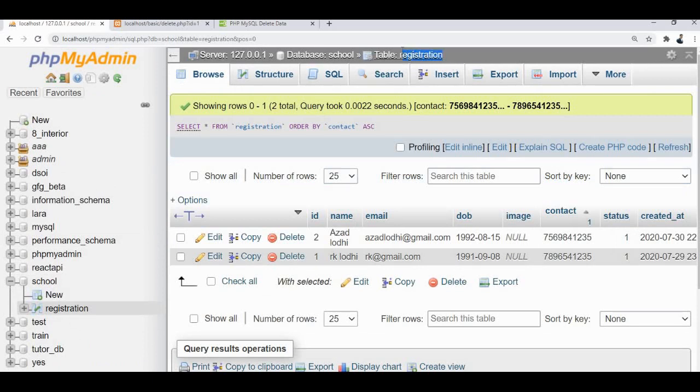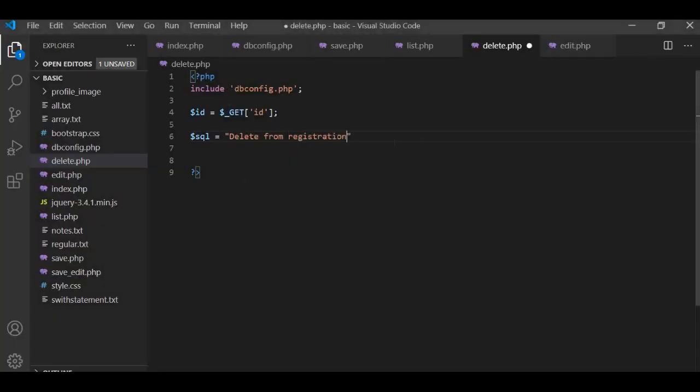So just copy this, where id is equal to $id.